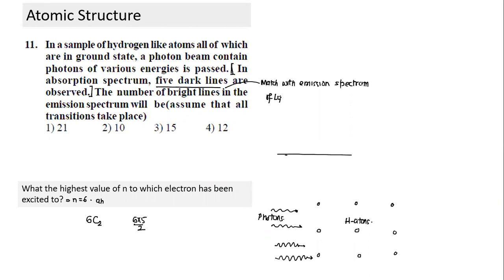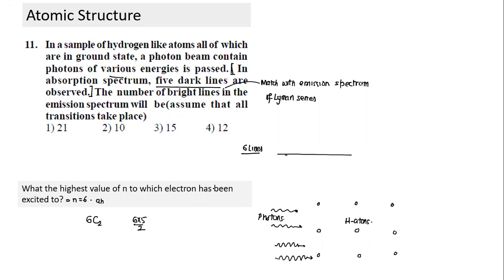Yes, Vignesh? Why are we taking the dark lines like only transitions from 1 to 2 and then 1 to 3? Why can't it be 1 to 5 in the beginning? No, I'm saying, see, there are a number of hydrogen atoms. And the photons coming, let's say, what is the energy of the photon? If we say a beam contains various energies, we have to assume what the photons are here. Why are we not getting 6 lines? Tell me why we are not getting 6 lines?